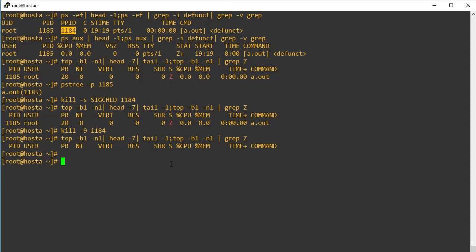If even this method didn't help, there is a final option: we have to reboot the system. Ideally a zombie process will not impact the system much, but if the zombie process count is high, our system will face performance issues, because the process limit might be reached, due to which new processes are unable to be created. Because of that, it will create a performance issue.